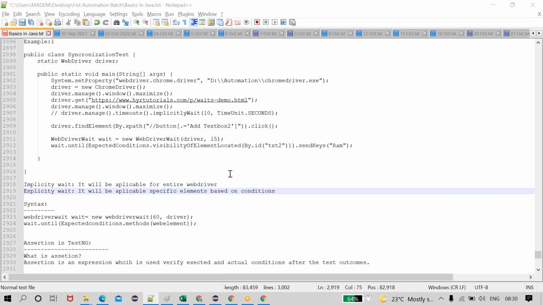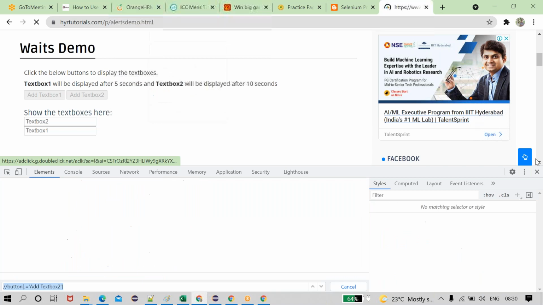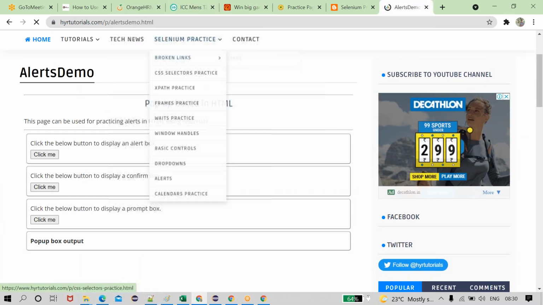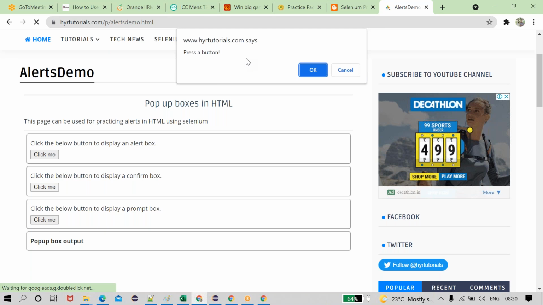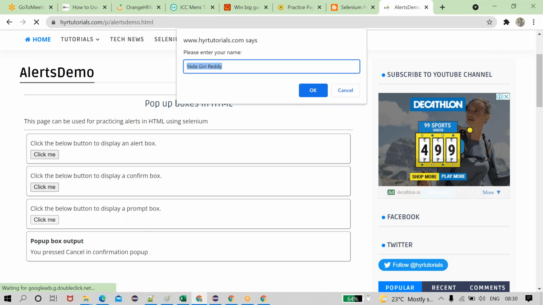For example, I can show you one more thing. See, I am clicking this button. It is opening the frame within a few seconds, in very little time. But in my real-time application, if I perform the click operation, it will take nearly 10 seconds, 20 seconds, sometimes 5 minutes, but maximum 5 minutes. Apart from that, we don't need to check it. If it is taking more than 5 minutes, we need to raise a bug to the developers.